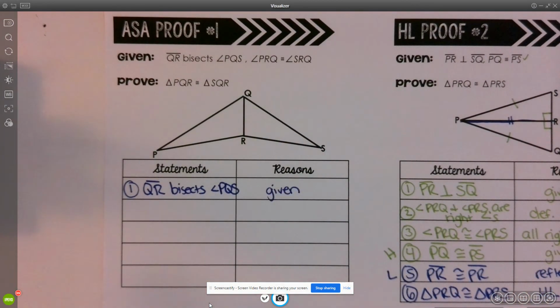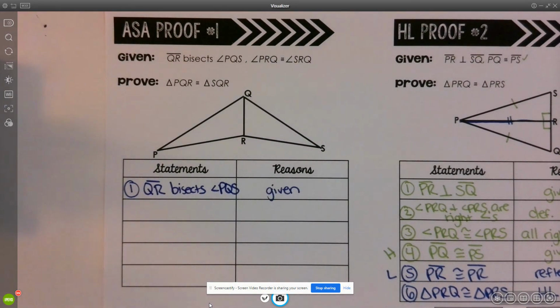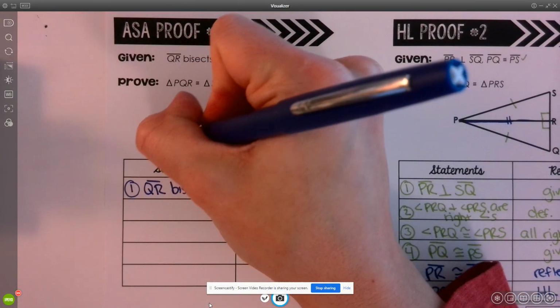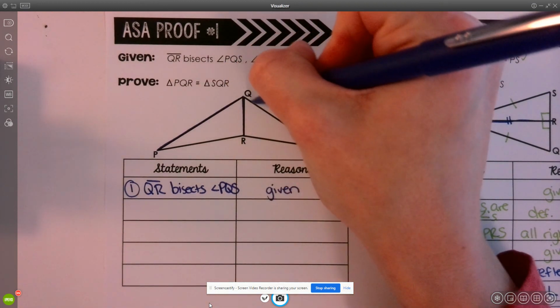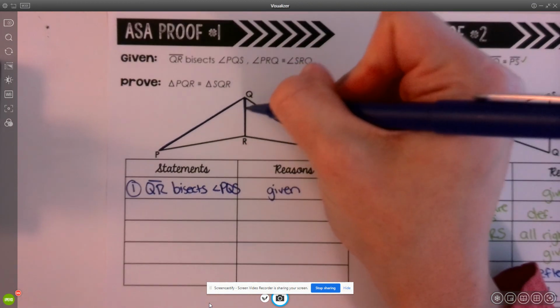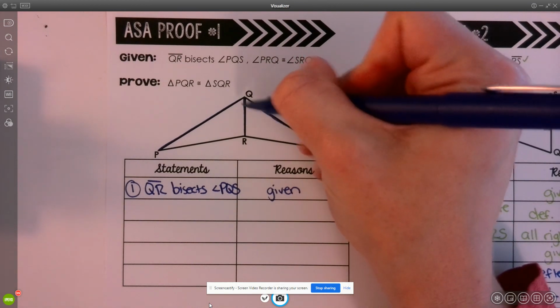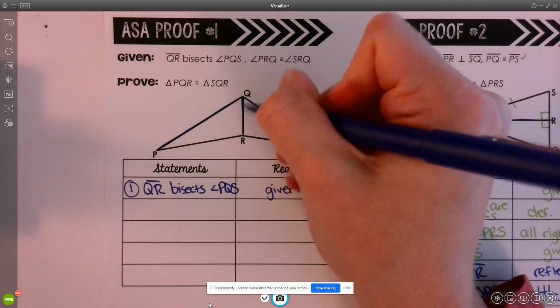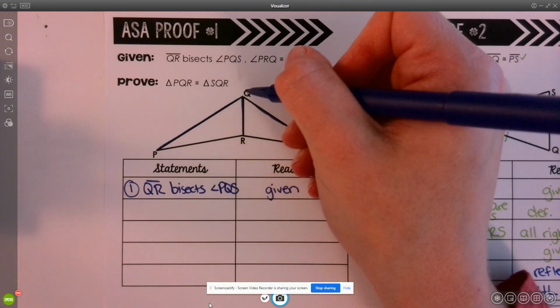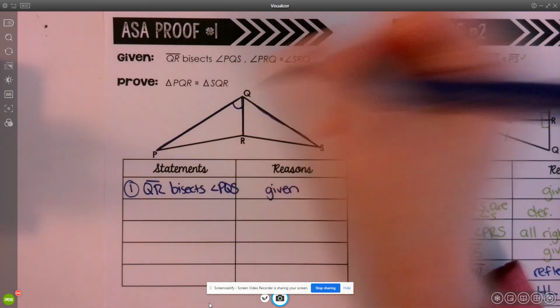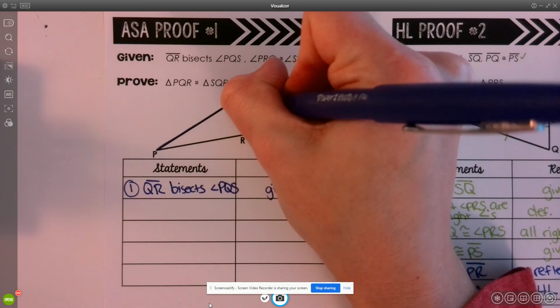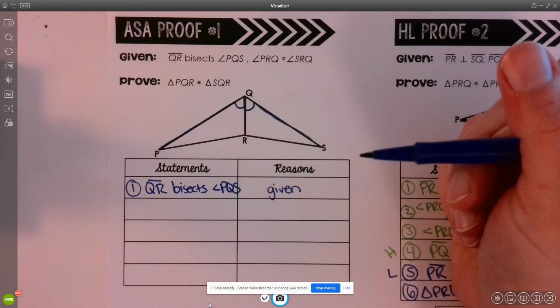Now we need to remember what it means for a line segment to bisect an angle. This goes all the way back to chapter 1. Line segment QR bisects angle PQS. So this angle here. Remember, to bisect means to cut the angle into two equal pieces. Well, if line segment QR bisects angle PQS, this angle here, angle PQR, must be equal or congruent to angle